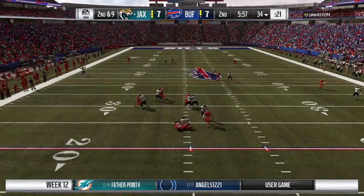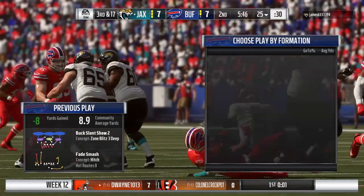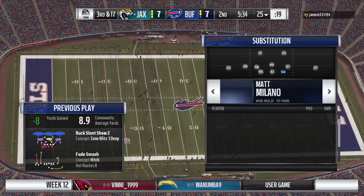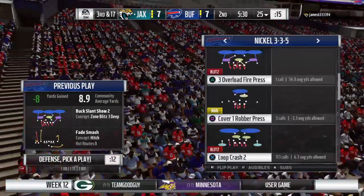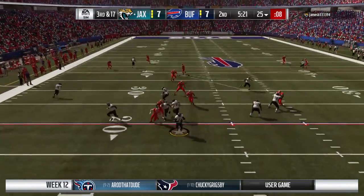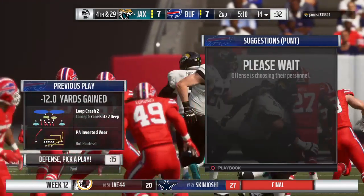Shotgun now for Bortles. Nowhere to escape, and he goes down. Trent Murphy, he's the one to get it, and that's sack number 7 for him on the year. Following the sack, 3rd and long for Bortles and the Jags. Throwing is Bortles. Out to his left. Oh, the pressure too great, and he goes down once more. Matt Milano, he's the one to get him this time, and back-to-back sacks are going to bring up a 4th